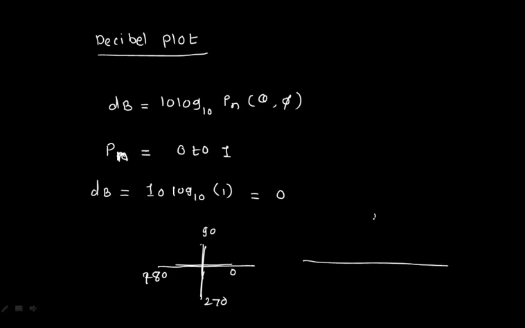How will you take it? Your angle 0 will be here. Then 0 to 180 degrees, you are going to put it here. So 0 degree, then this will be 60 degree, this will be 90 degree, this will be something like 120, and this will be 180 degree. And on the vertical axis, from 0 dB downward, you will take values like -60, -19, something like that, as you are converting your power into dB.